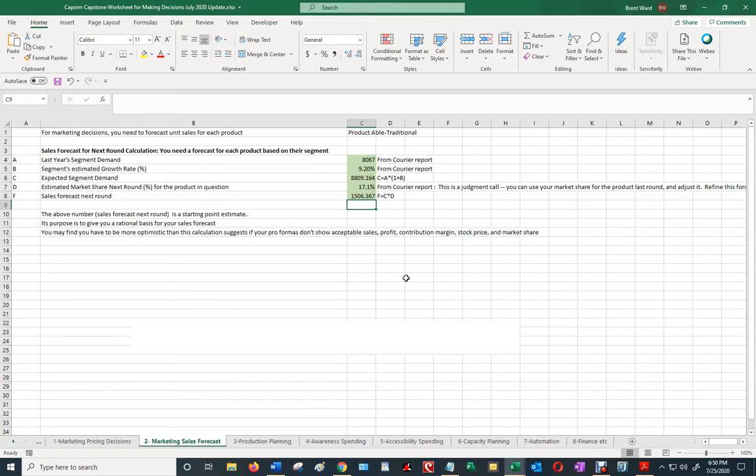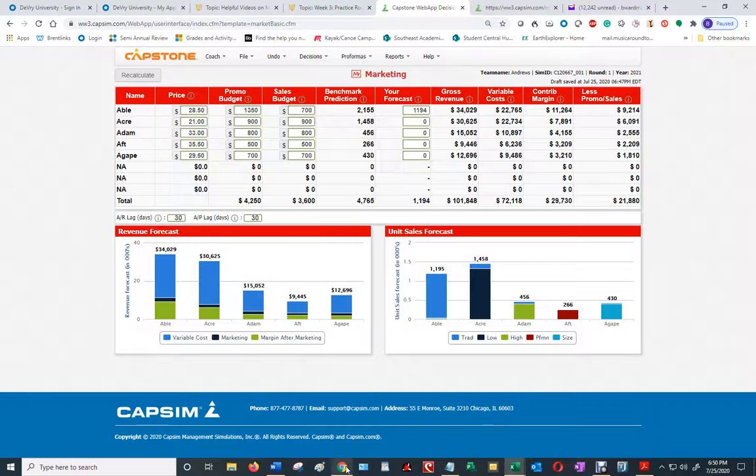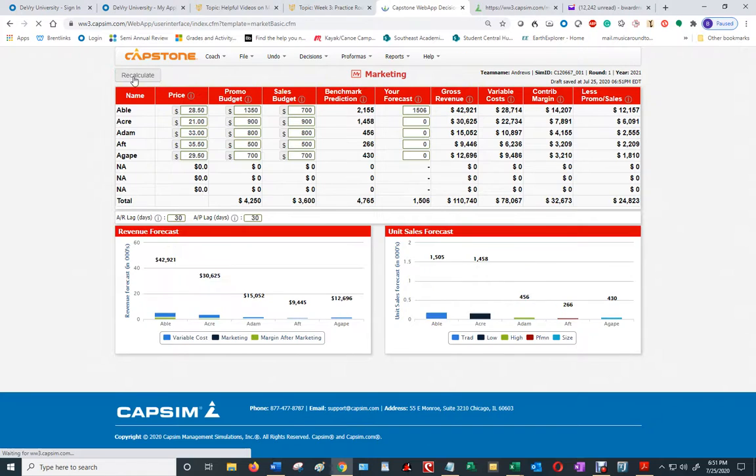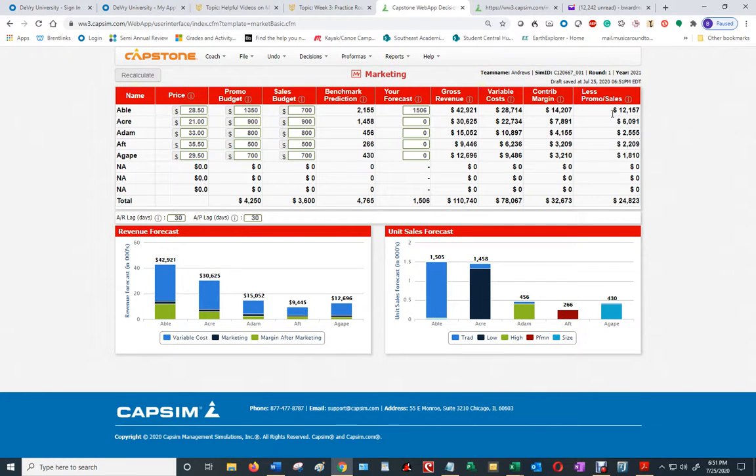1506 or 1507 roughly, 1506.3 roughly is what my sales forecast is. It's 1506.3. So what I do is I go back into here and I say my forecast will be 1506 and recalculate. This is good. These changes I'm making are giving me a pro forma, assuming that I can make all those sales, that I'm keeping increasing my money all the time here. So okay,